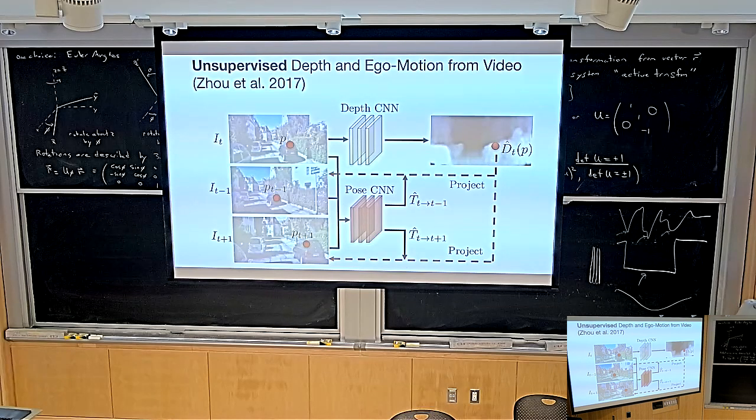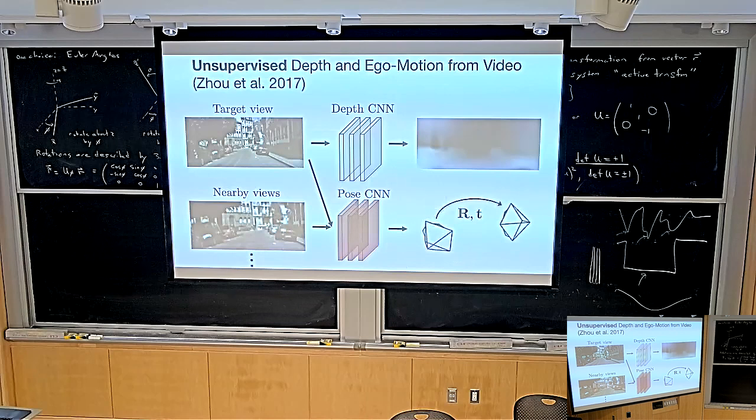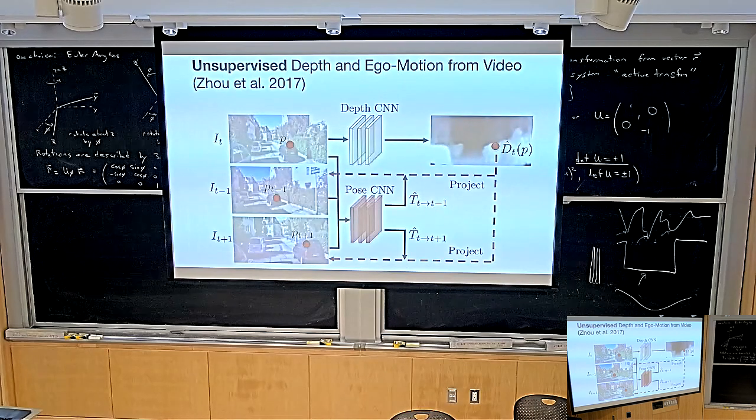So this is kind of nuts. Just to repeat, we have predicted the poses from this view to this view and from this view to that view. And now we're going to use the depth and this pose to synthesize this view using the depth map. So this is the target view, the view at the top. We're going to use that view to generate these 2 things. And then, what do you know? This is all differentiable. Nothing weird going on. We're going to have to talk about why it's differentiable in a moment.